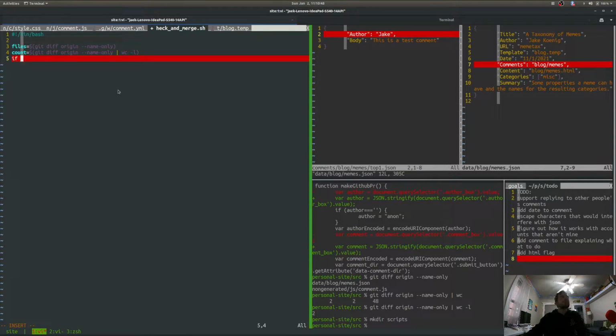So if... maybe I'll Google it. So if count equals 1. I guess if it's not equal to 1, then I'll just return, I guess exit. Okay, and then